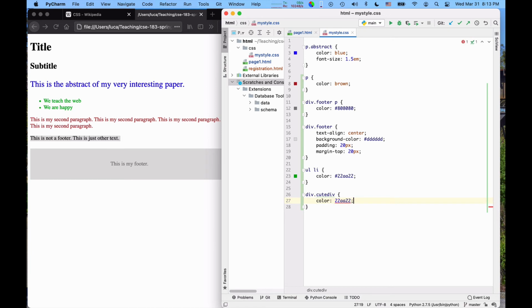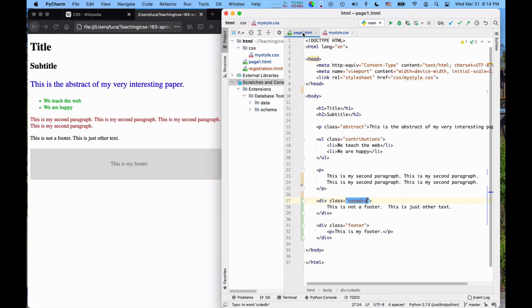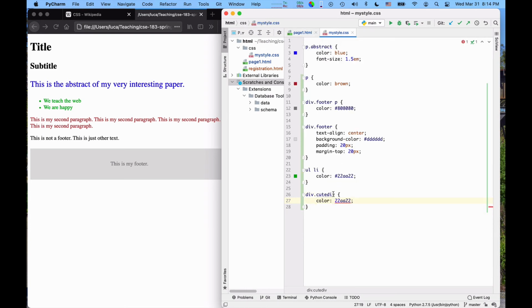Okay, and so if I do this and I refresh, nothing happens. Where is my bug? QtDiv. Oh, it's simply that I forgot the hash.